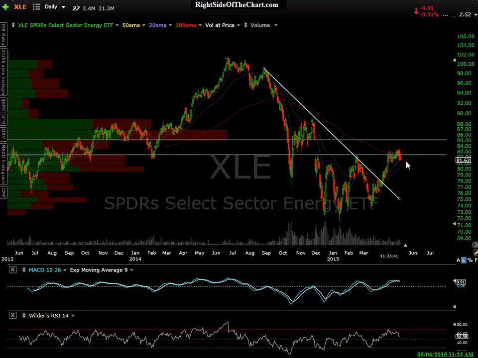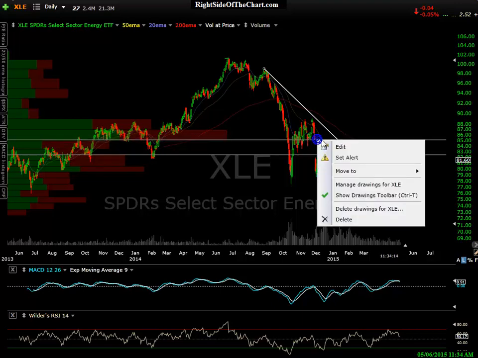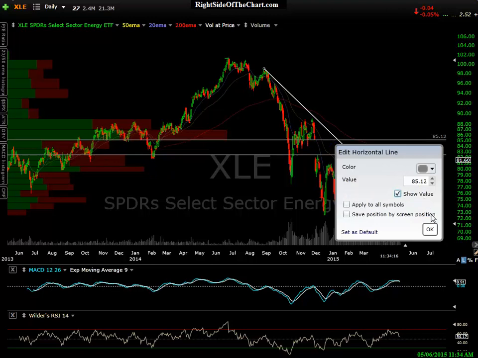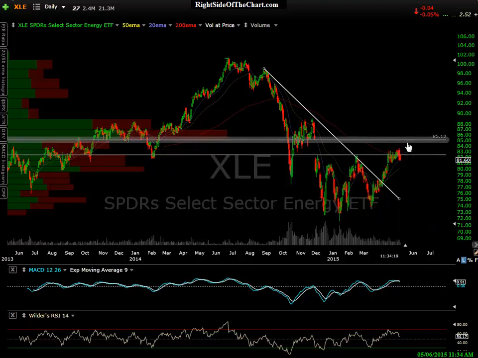A little bit early on when you get this back and forth slicing action, I try not to read too much into it, or otherwise you're going to be whipsawed to death. Okay, we're above it today. Oh no, we're below tomorrow. So when we've been slicing through a level, I don't put too much stock into it. I'm taking a longer-term picture and really trying to anticipate where this trade is going based on the case I've made. If my entry, my short on the energy stocks, should prove a little premature, there is a gap. The top of the gap is right here. I should mark that line right around 85.12. But I don't think we're going to get up there.